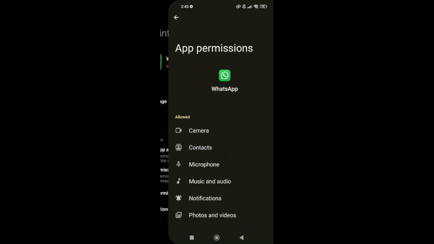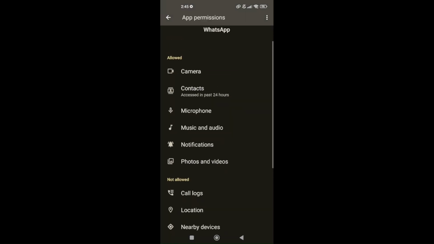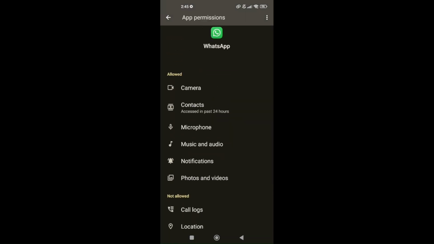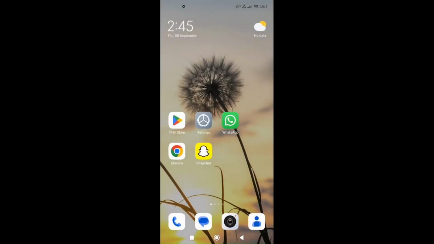Go to app permissions. Here, you need to make sure that camera, music and audio, and photos and video settings are set as allow all access. Now, once everything is set, you'll just have to pull up your WhatsApp,